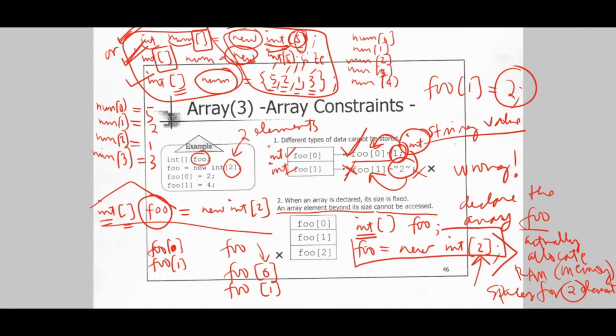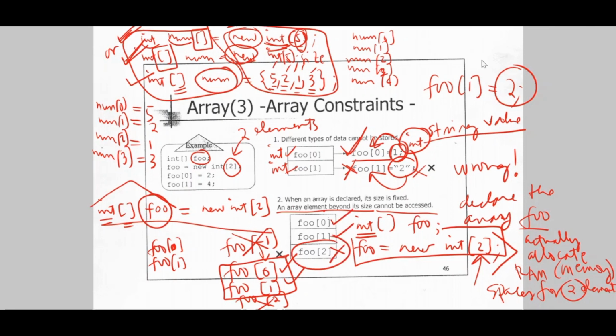There is no foo -1 or foo2. So this does not exist. Only these two exist. So an array element beyond its size cannot be accessed. So this is correct, this is correct, this is wrong. This is not accessible, this element here, because as specified in the declaration in here, that foo